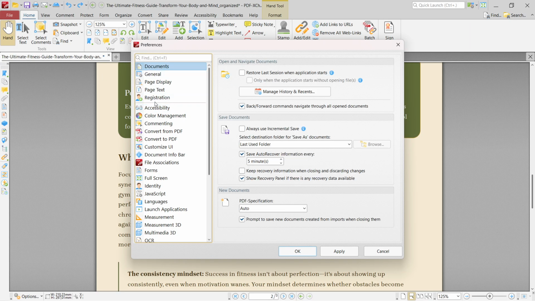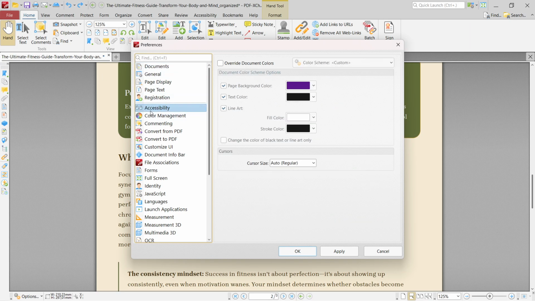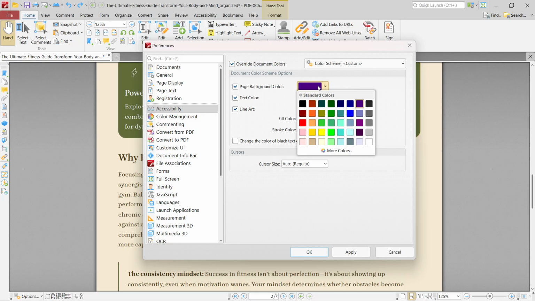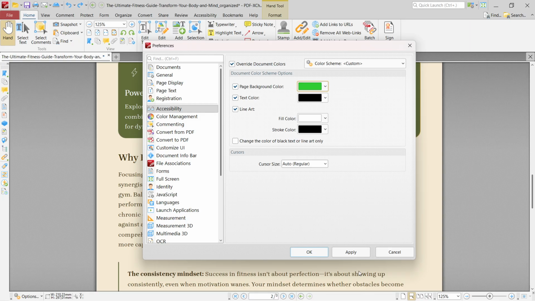Now, from here, you want to go to the Accessibility tab here on the left, and as you can see, it says Override Document Colors. You want to check this check mark, and then from here, you can see it says Page Background Color. However, you can go ahead and change this to whatever you want, like green, and if I click on Apply,